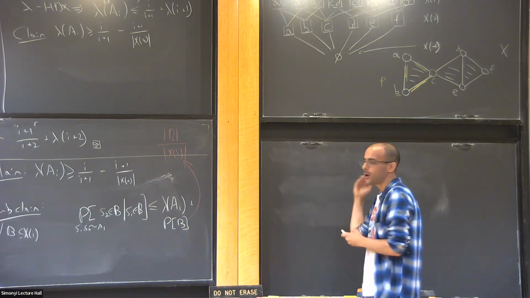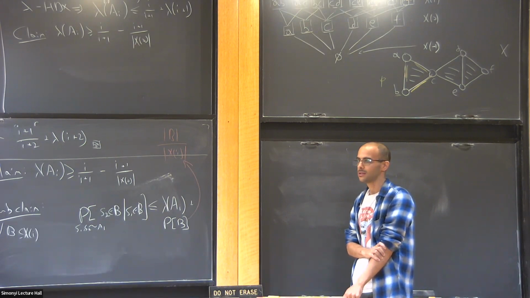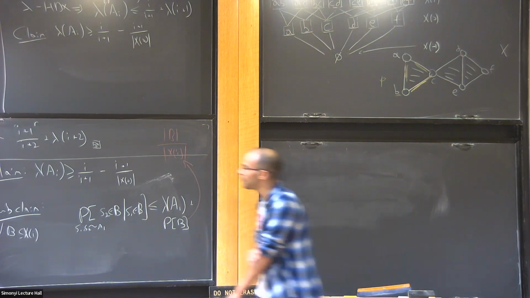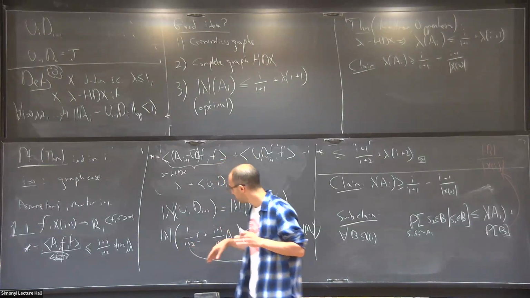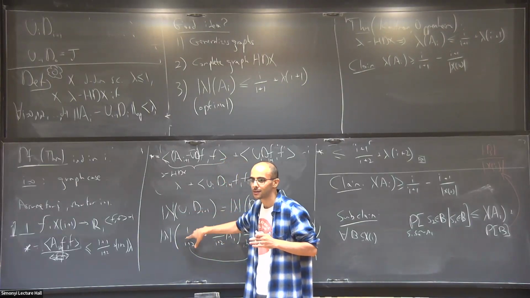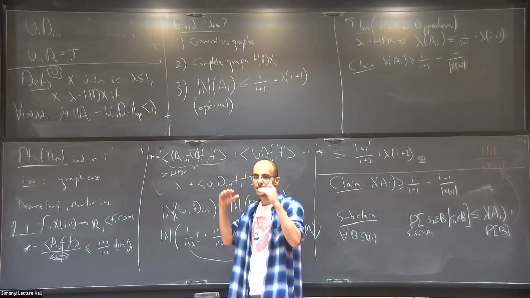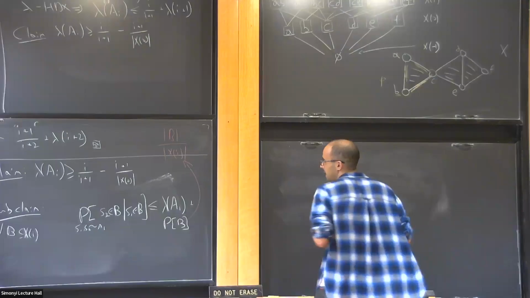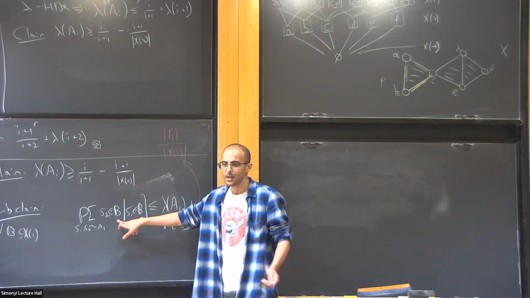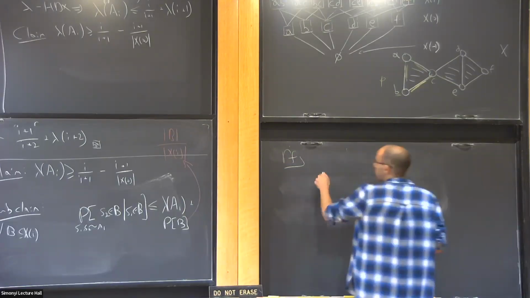Fortunately. Okay, so what B should I take? Does somebody have an idea? From the proof of the theorem, we saw that the I over I plus 1 comes somehow from these lower walks that have laziness, and I'm accumulating this I over I plus 1 gradually as I go down, or I get it from below. So intuitively, the set that I should take here is a set that comes from below. So what we're going to do to prove the claim,